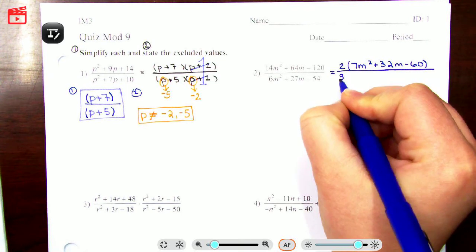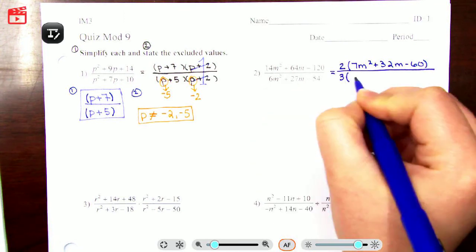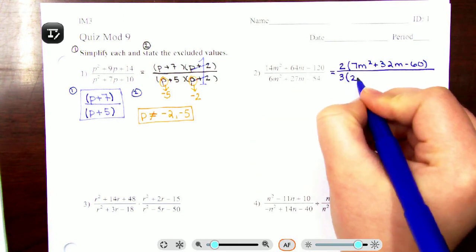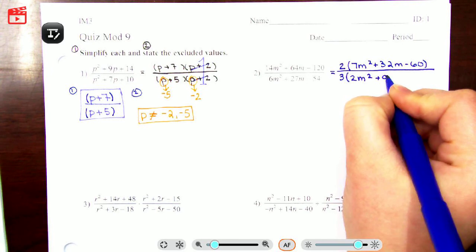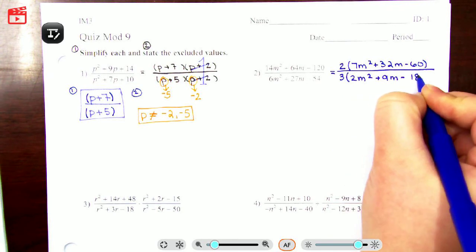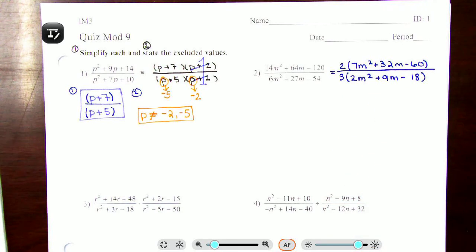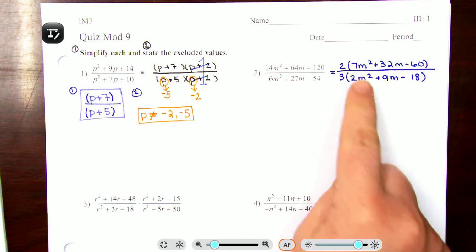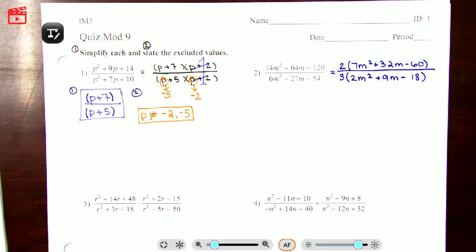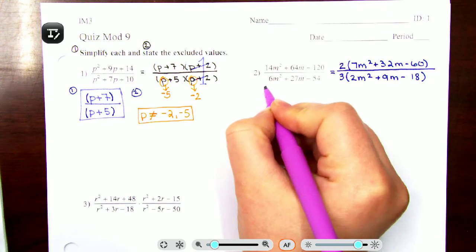This is all divided by, we're going to factor out a 3 out of all of these terms: 2m squared plus 9m minus 18. Now do not let these big numbers scare you. Do not let these coefficients of 1 scare you. Use the diamond method. Now the diamond method says